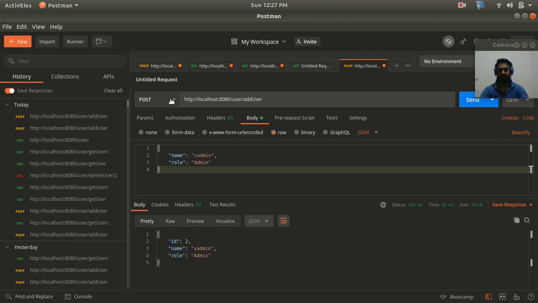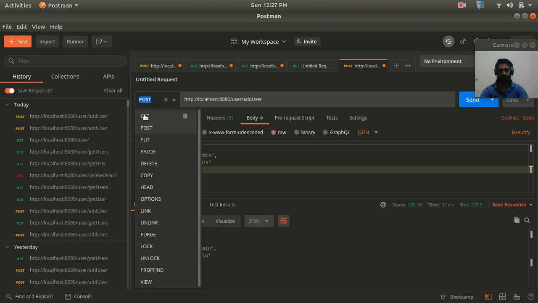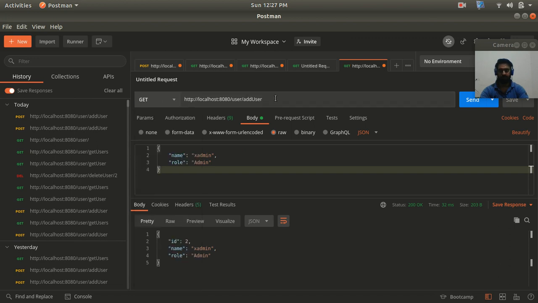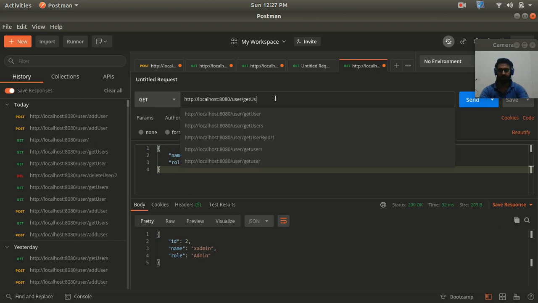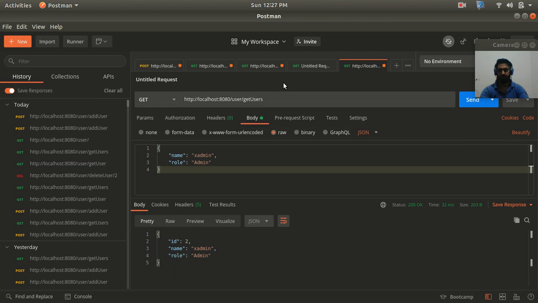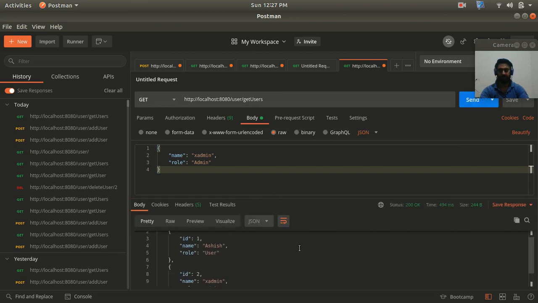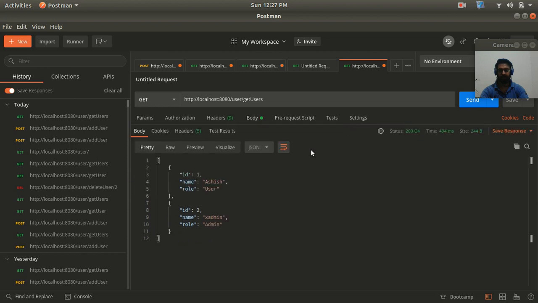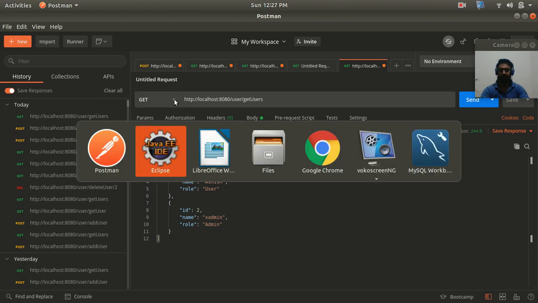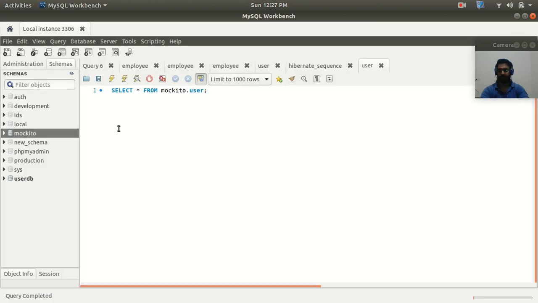Now let's check whether our GET endpoint is working fine or not. We have the endpoint get users, I hope. Yeah, let's hit it and see whether we are getting a response or not. Guys, you can see that we got the two responses. It means two objects have been added to our database. Now I will show you in my MySQL Workbench also.